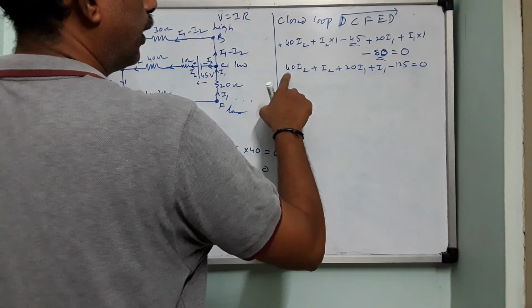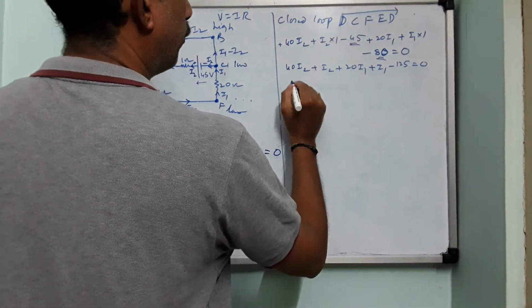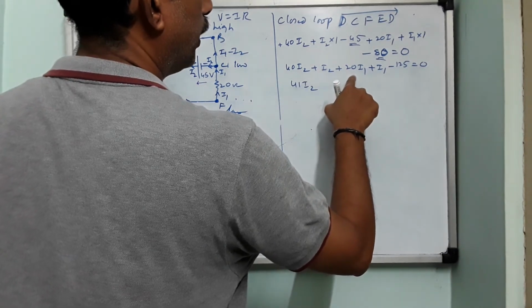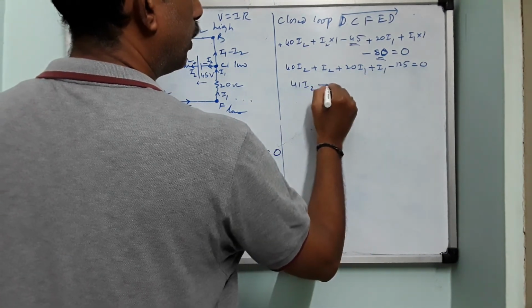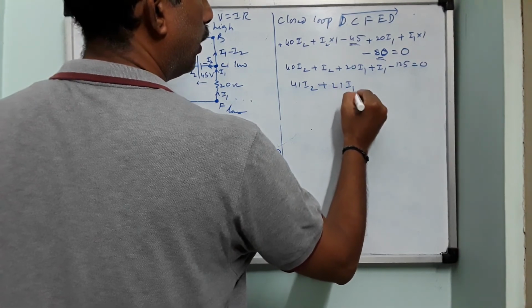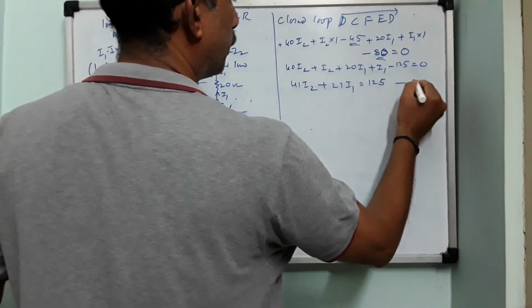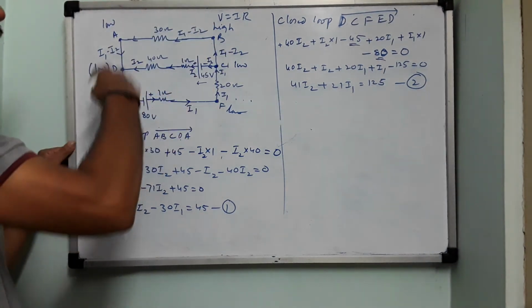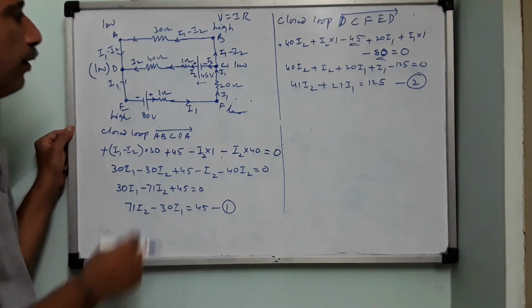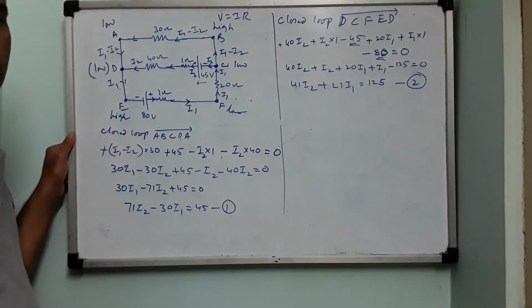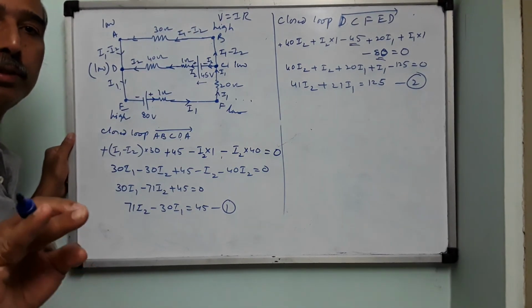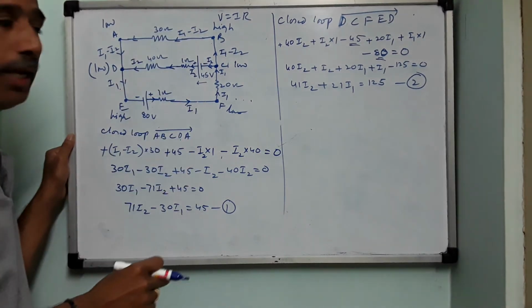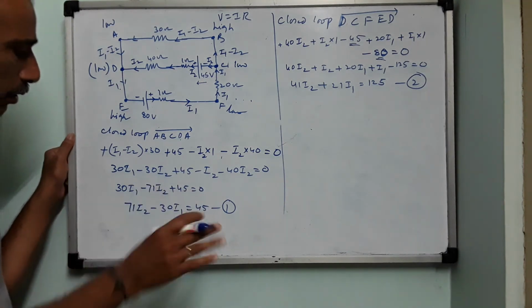So I2 is how many? 1, 2. So 41 I2. Then I1 is how many? 20 I1 plus I1 is 21 I1 equals to 125. Equation 2. Over. No need of going for any third loop because we have divided the currents here like this so that our burden of setting up the equation should be minimum. You can name it as I3. Then again for I3 you can write I1 plus I2. Fine. Okay, don't worry about that.